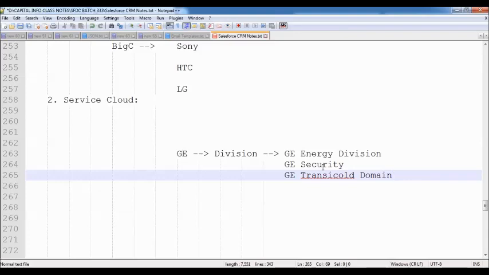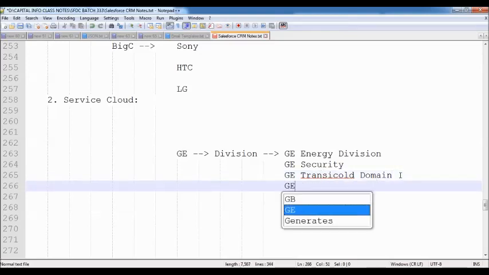Then how can we make that entire building cool? Do I need to fit so many AC machines inside that entire building? No, that will be hugely expensive. For that, to make the entire building cool, they use one very big AC machine called a chiller. On top of that building, they fit that AC machine, which cools the entire 50-floor building, because it's centralized AC. So they use the chillers, which are manufactured by the GE TransEqual domain people.